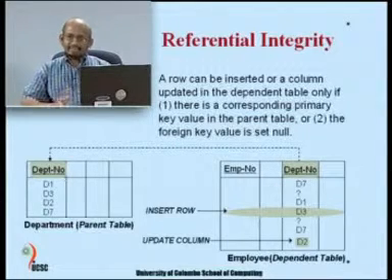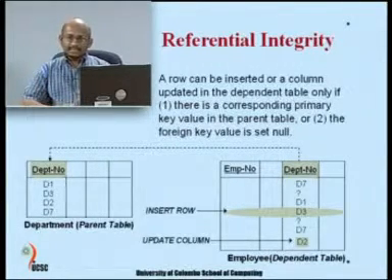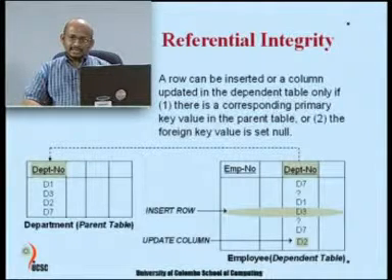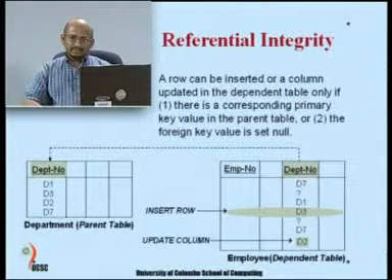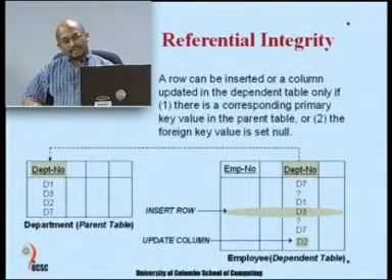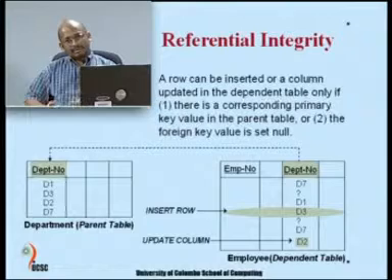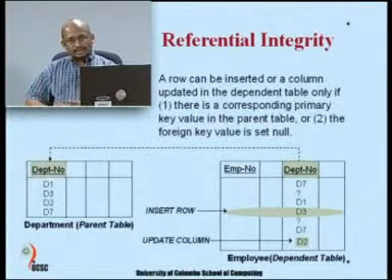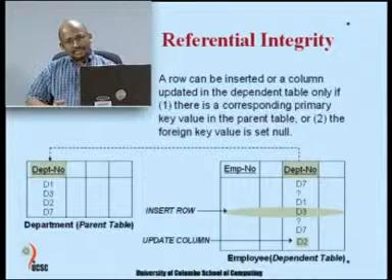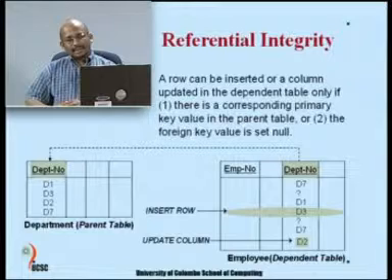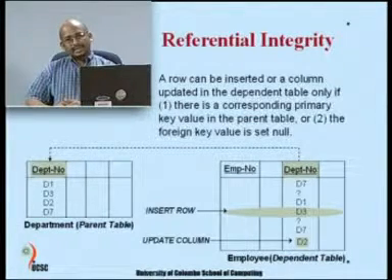The department table identifies the departments of this organization, and each department is identified using the primary key value of this primary key field, which is the department number, and it has values like D1, D2, D3 and so forth. Then you have a separate table, independent of the department, which has data about your employees. Now, every employee is attached to a department. So, to establish that relationship, or to define that this employee works for this department, we will use this foreign key concept.